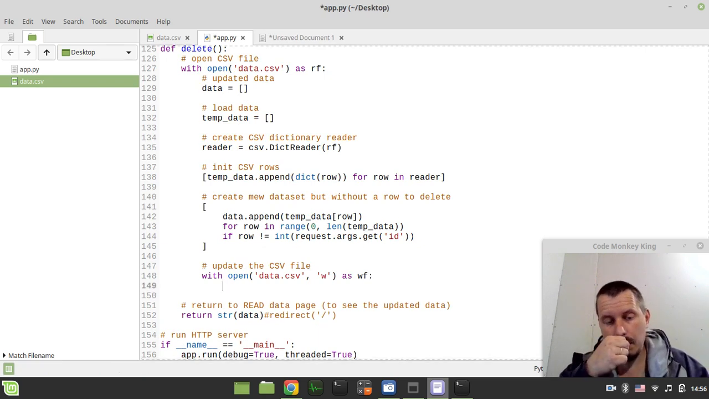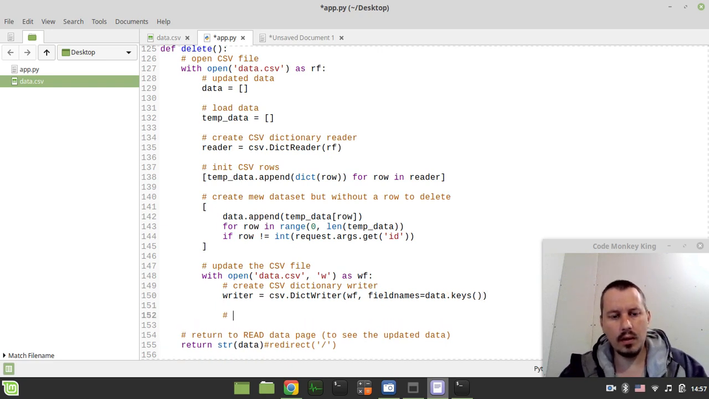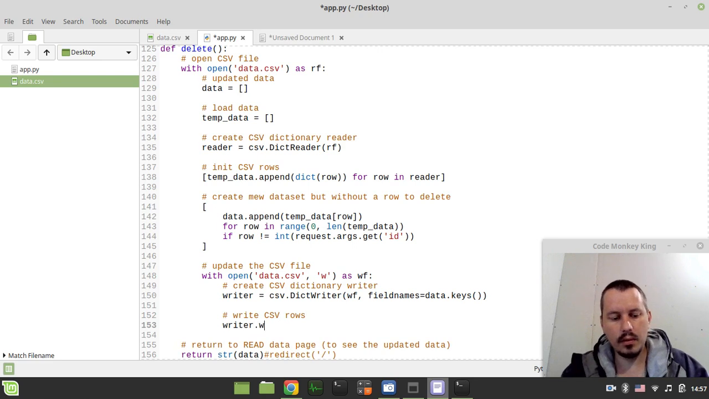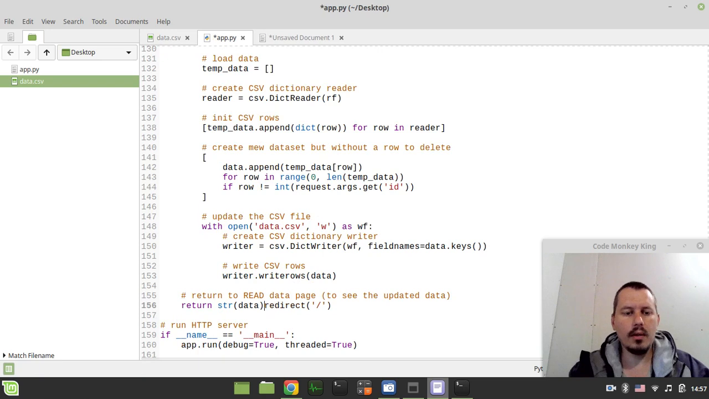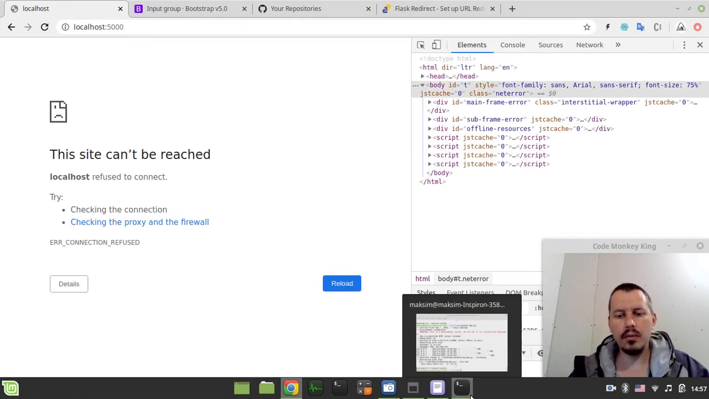Okay, and here we need to create a writer. Create CSV dictionary writer, and writer equals to csv.DictWriter, write file, field names equals to data keys. Okay, and write rows. So writer.writerows and the data. And if I did everything properly, also don't forget to redirect. Now this should, in theory, at least in my dreams, it should be capable of deleting